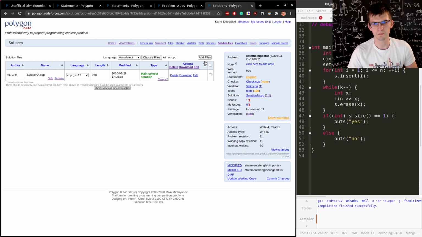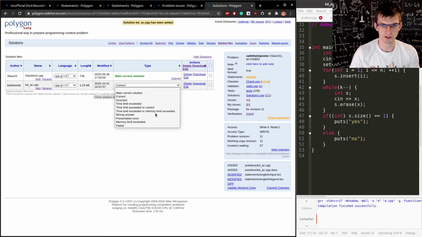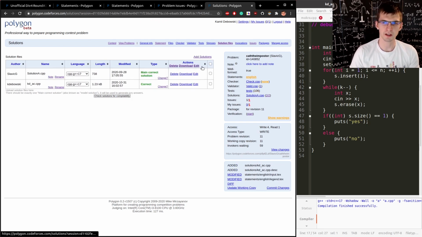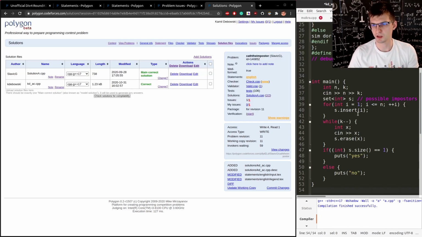This file. This one should be correct. So I'm leaving the verdict here as correct. If later we run tests and this program doesn't get an accepted verdict, there will be an error. Polygon will warn you about this. But also I want this to fail. This will be kd wrong answer.cpp,